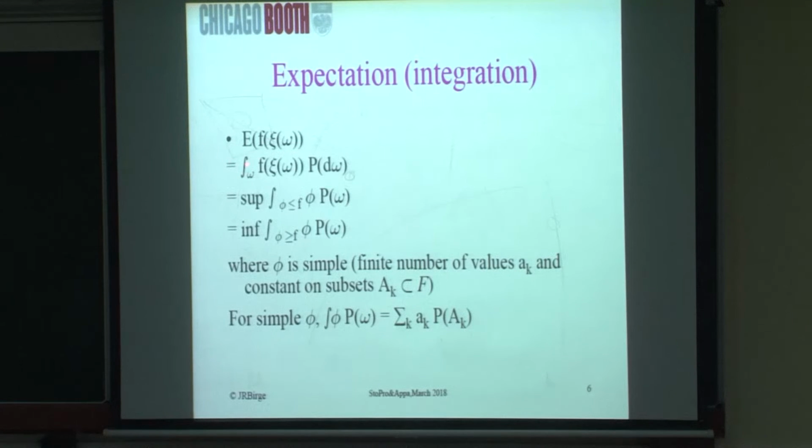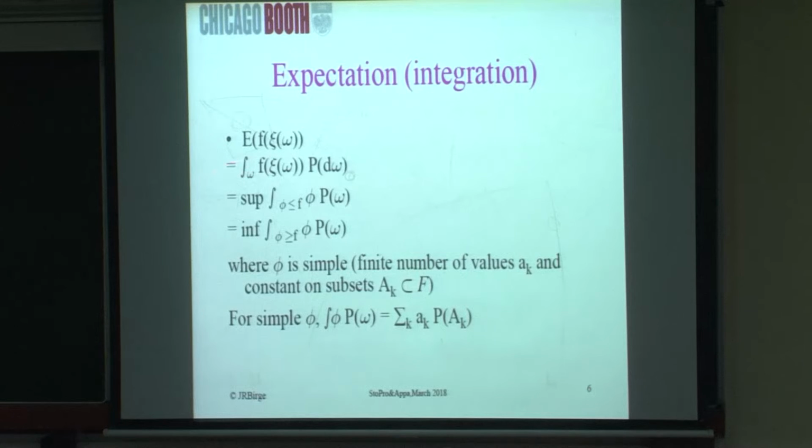So what does that mean? Well, I'm kind of integrating. So the expectation means that I'm integrating this value over all possible values of omega. So I could write that as well. It's the integral over all possible values of omega of f, and then the probability that's associated with each of the omegas, which you could think of as doing this. This is kind of the basic definition of the integral.